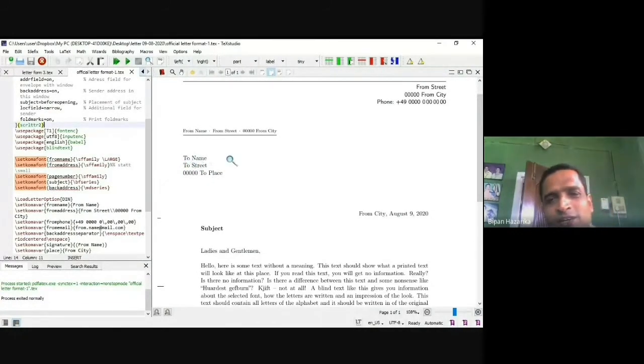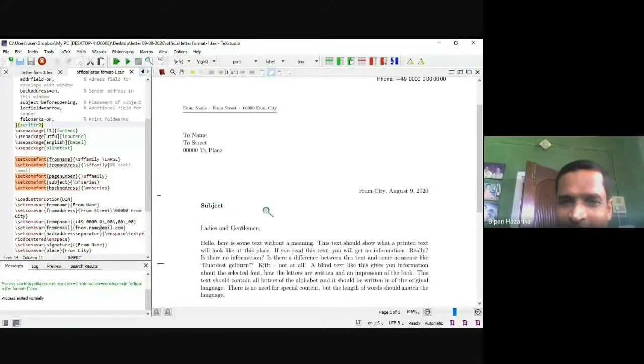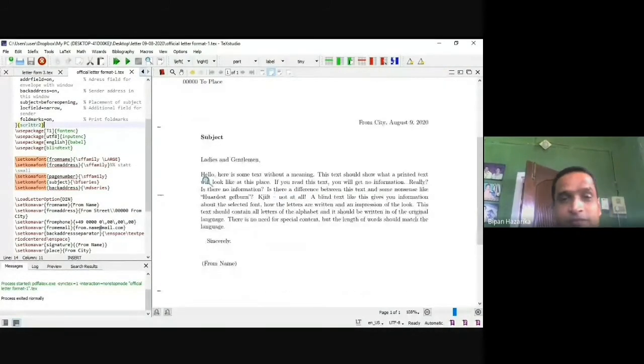Say we write a letter to the principal, so you write to the principal and the college name. The date appears automatically here. Because I have mentioned today, the 9th of August has been shown here. If you write today only, whichever date you run the file, that date is shown here. Then the subject is put here, then the body of the letter, then the other things.